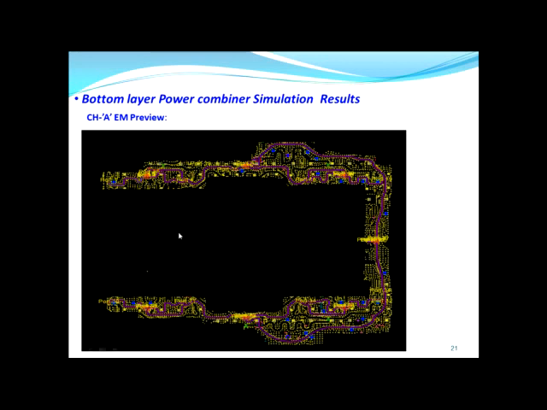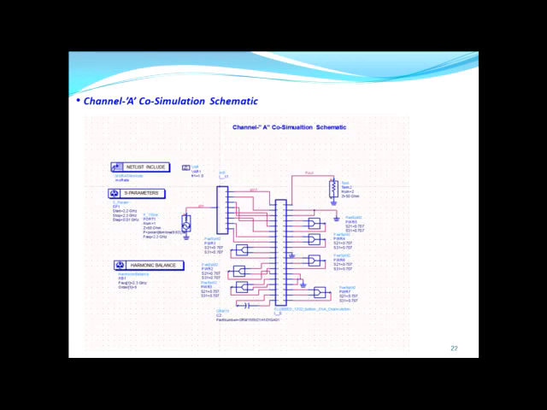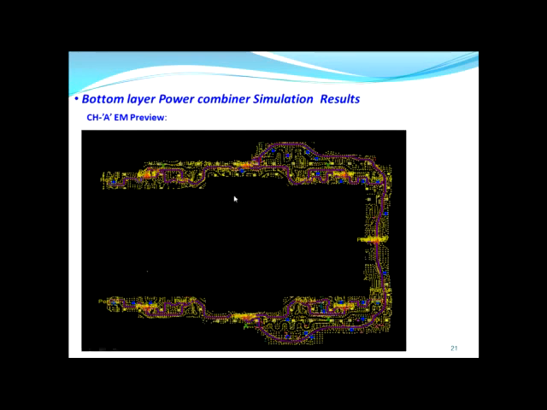Our interest is 2.2 to 2.3 gigahertz, so I considered the same frequency range in the EM simulation. Then I generated the EM symbol to do the cascaded co-simulation.